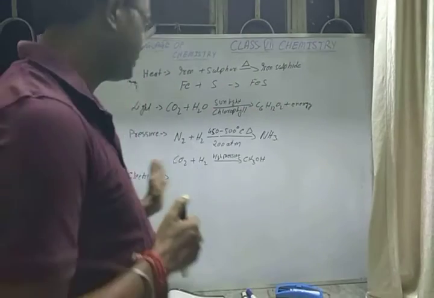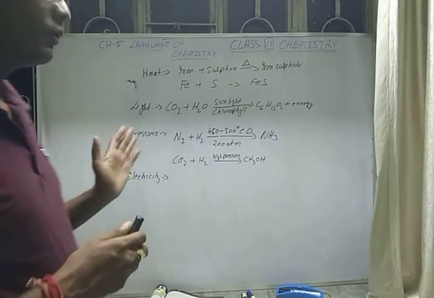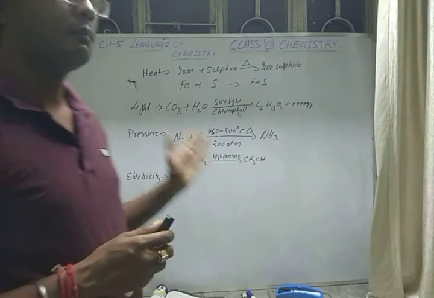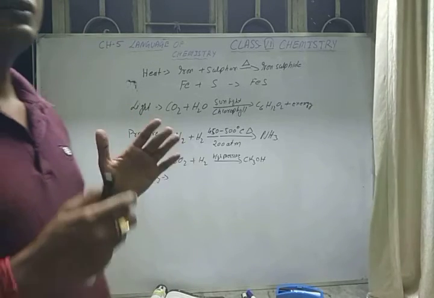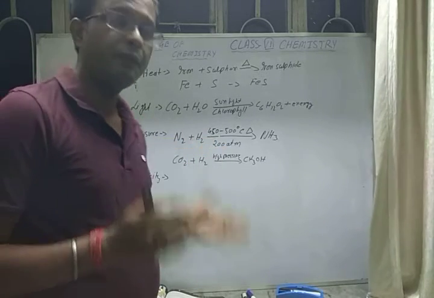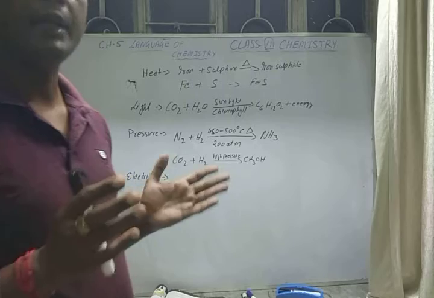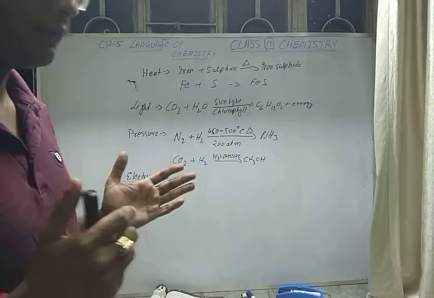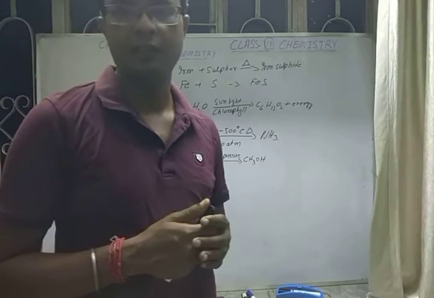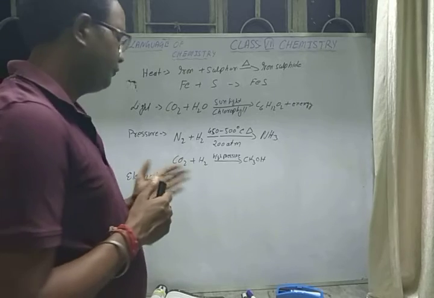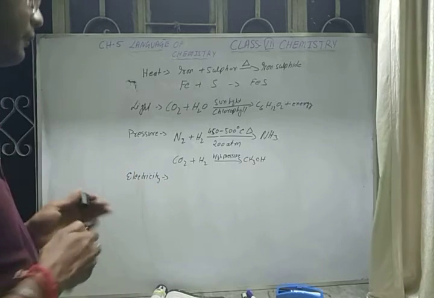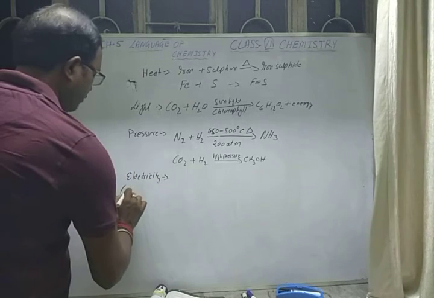We need to pass electricity through them, using electricity to decompose any compound, or to purify any metals, or for any refining process. We call it electro refining, and we need to supply electricity. The process is called